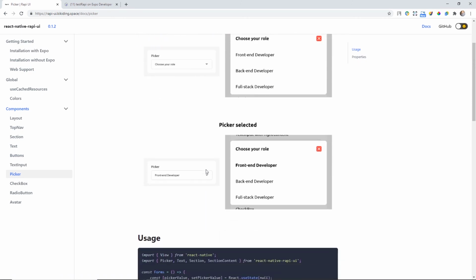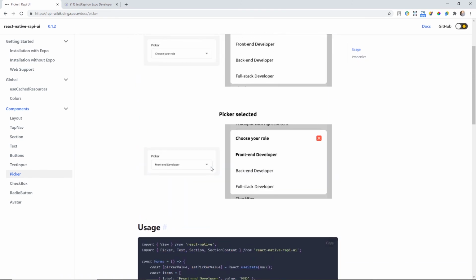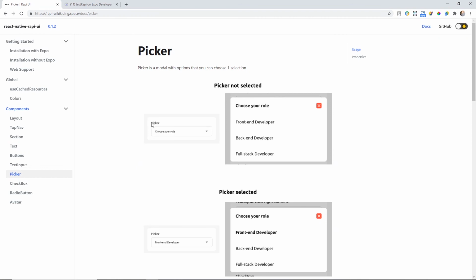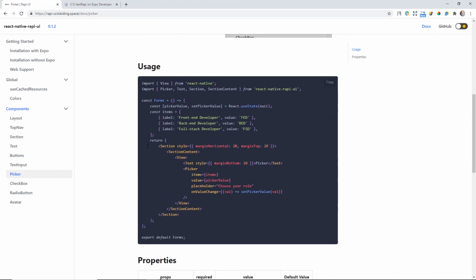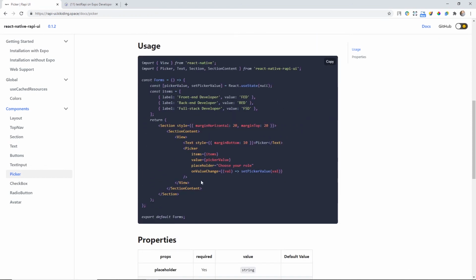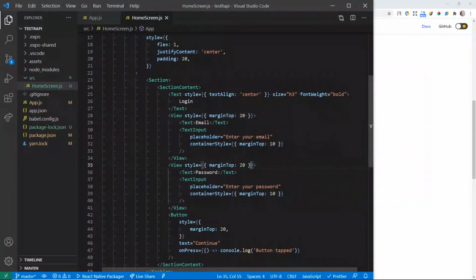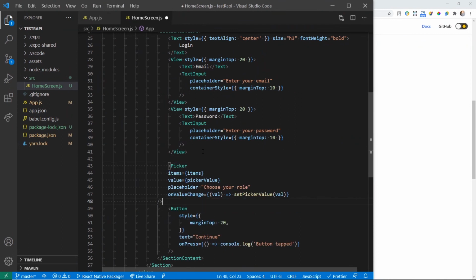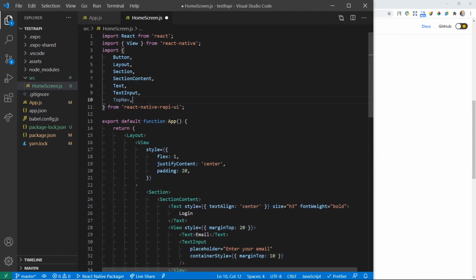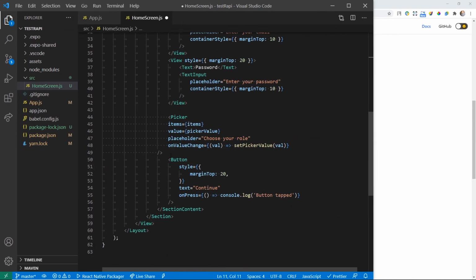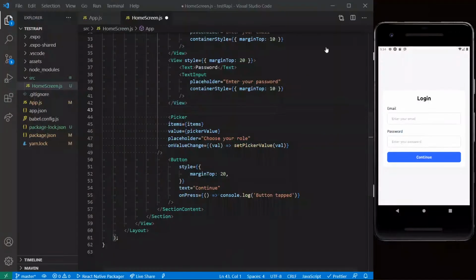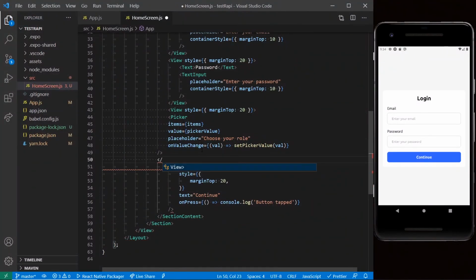The picker component is basically a modal, but I wrap it into a component from the React Native modal. You can see the documentation if you want to see an example of this implementation, the state, but it's basically just like a picker component in React Native.